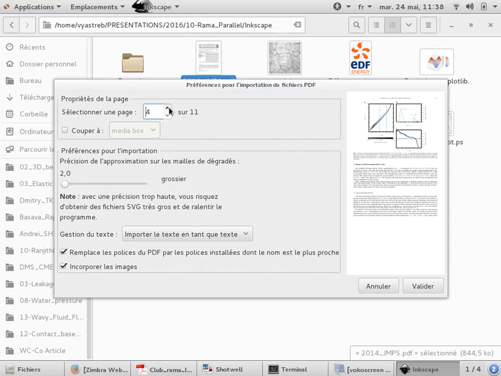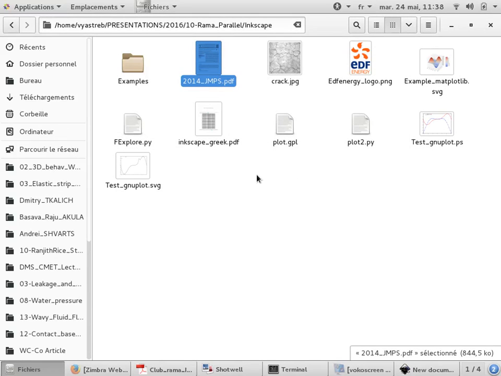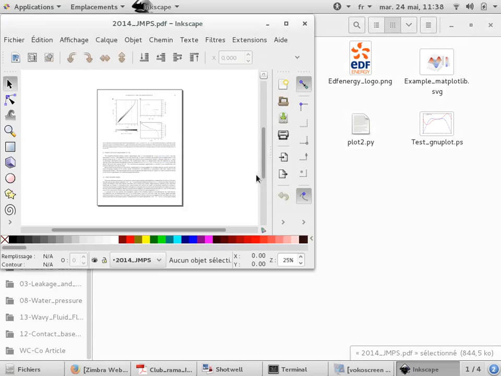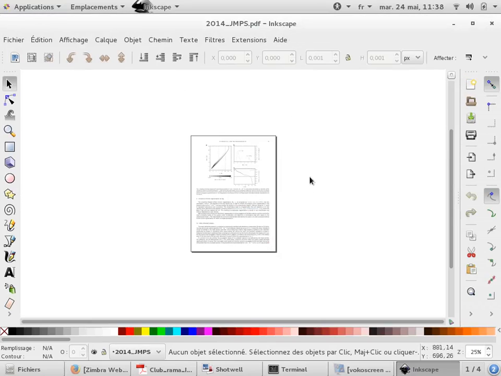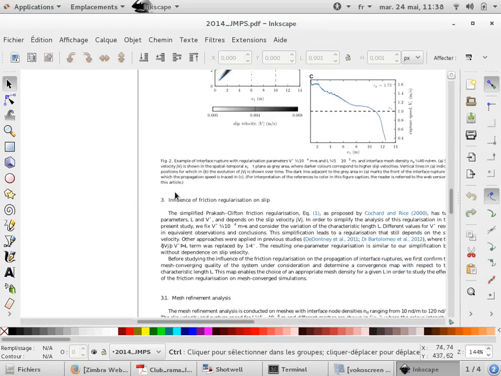You can make the precision better, but it's about raster stuff. I always put the maximum. So we can import your stuff, but you see the